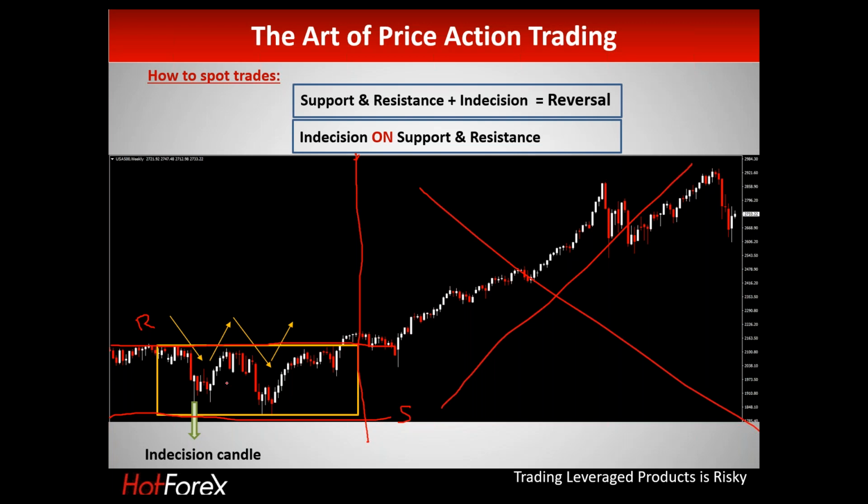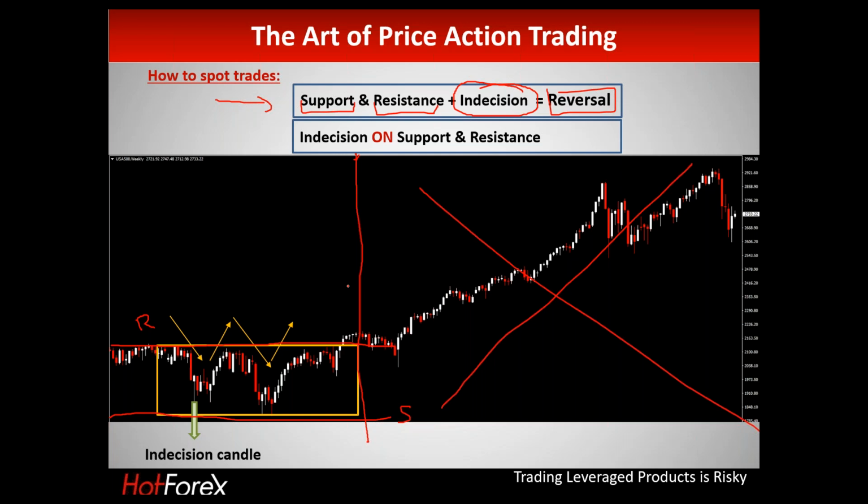Why? So we have this bounce between resistance and support level, and what the theory says is that every time your asset is close to support or resistance level, but you have identified that it comes along with an indecision signal, then we will see the asset reversing. So there are two criteria to trade on a reversal. First of all, your asset should be close to the support level or resistance level, and next you should identify indecision.